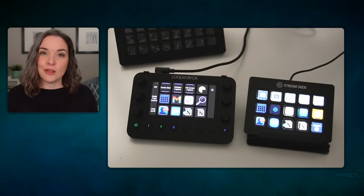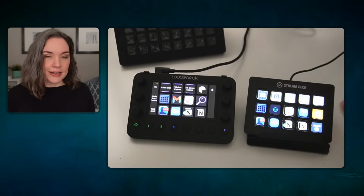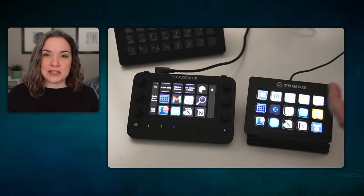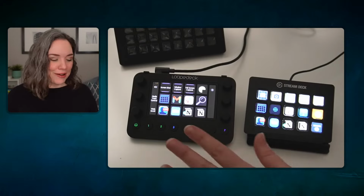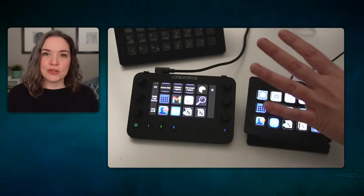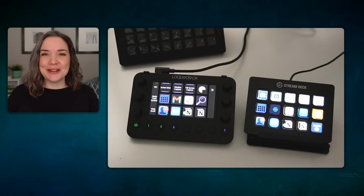Because I've been using the Loupedeck regularly, and I like a lot of the features on it, and I've really started to integrate it into my day-to-day, I decided to switch back to the 15 key and use that instead just from a space standpoint, because it takes less space. So typically on my desk, I will have the Loupedeck on the left and the Stream Deck on the right. They are both just off the side of my keyboard, so they're very easy to reach,